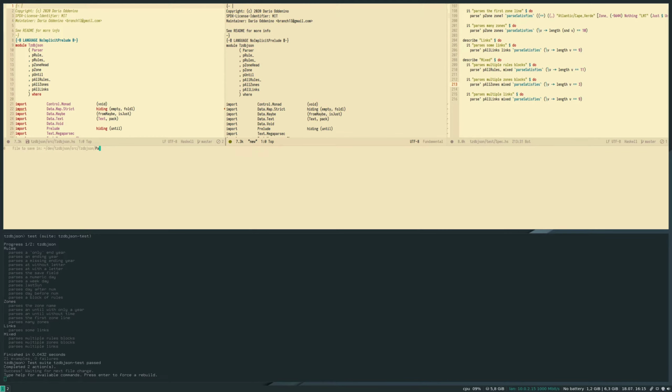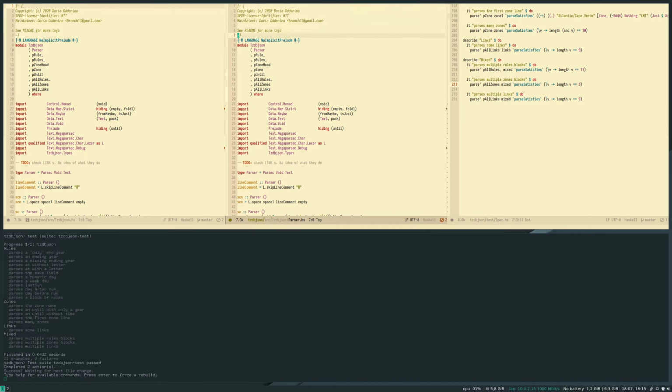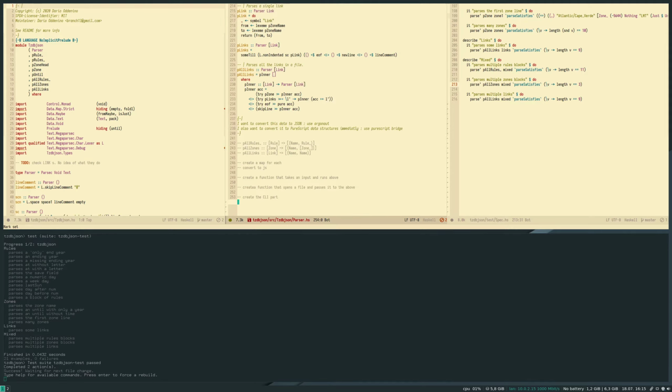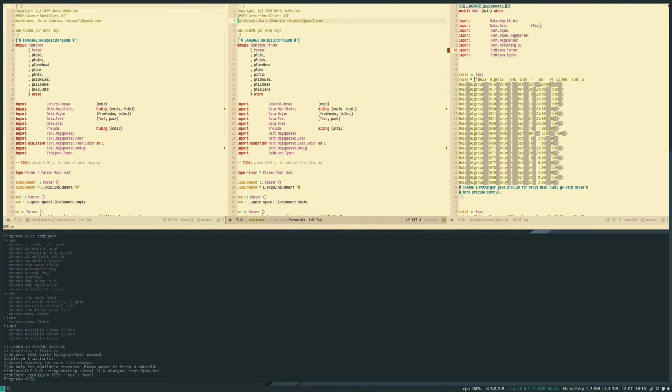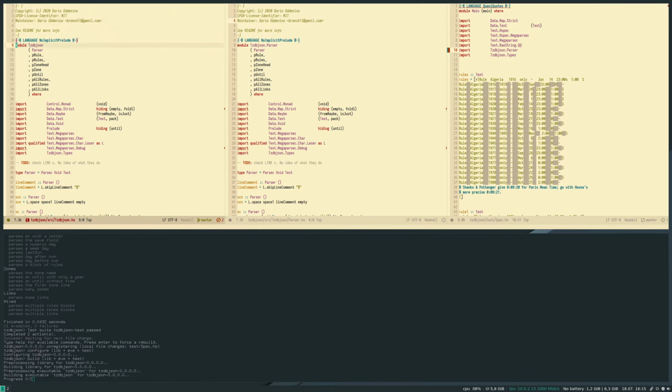It's gonna be parser, which we can keep as it is right now. And then here I can do this. And here